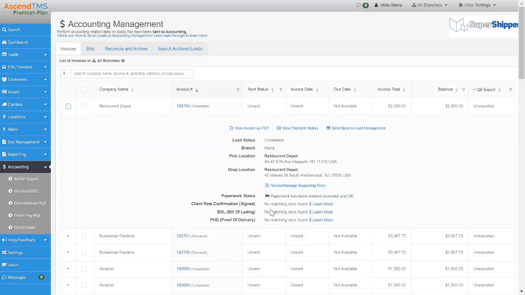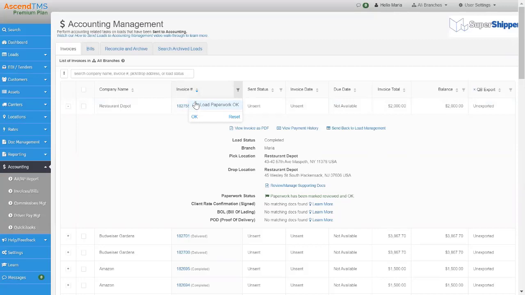So there is a little flag on the documents list, and I'm going to show you because we're going to head in there, that your ops team can click on after that paperwork has been reviewed and they mark it okay. That flag will trigger this here, the little green flag that says paperwork has been marked, reviewed, and okay. That flag will also be very helpful to you if utilized properly, because you do have a filter here on your invoice column to go strictly to the loads that have paperwork marked okay.